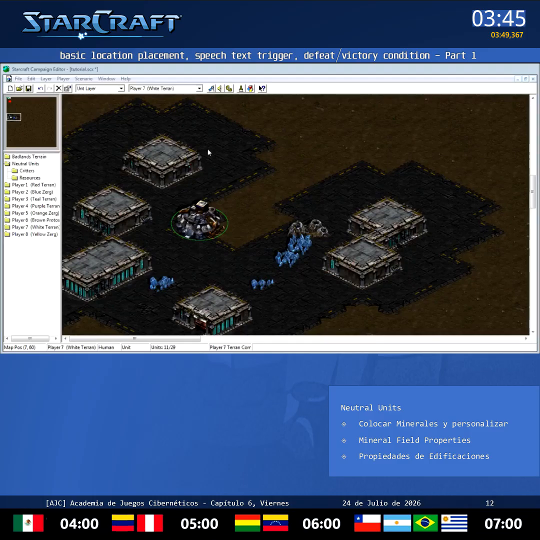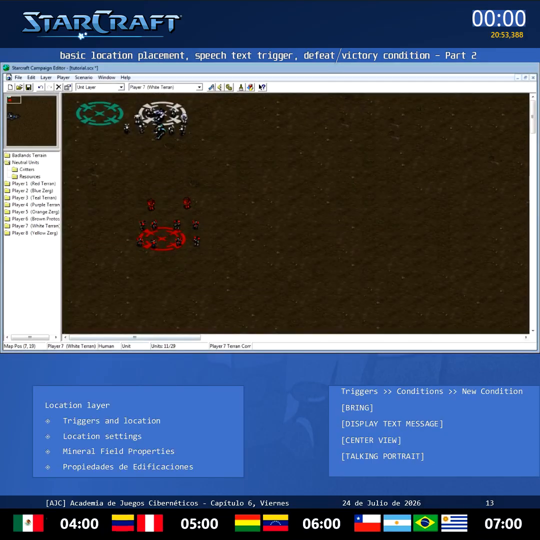Okay, and then here comes what we need to do. You can see from here the unit layer, that's how we've been placing units. The next important thing is the location layer. The location is used for triggers, guys. Okay, so should I do this first or the mission briefing first? Why not? We'll do a very basic